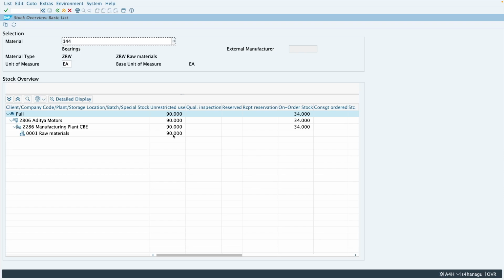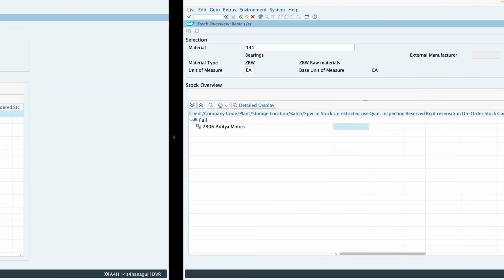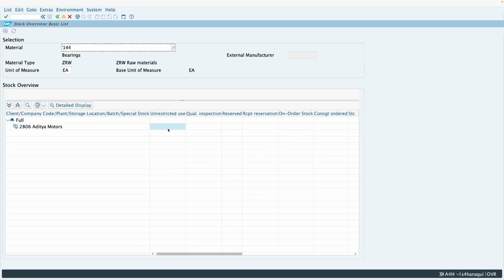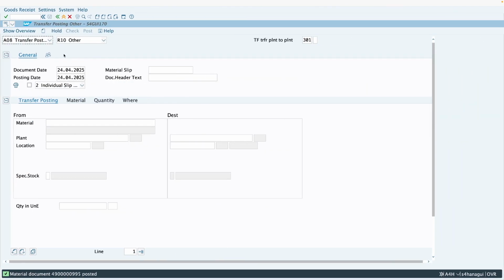Let's verify the stock at the receiving plant also. So here you had nil stock in this plant. Now let's refresh this. And you can see 10 quantity has been updated. So you have transferred 10 quantity from the sending plant to the receiving plant through movement type 301. Now let's display this document. So we'll go to display